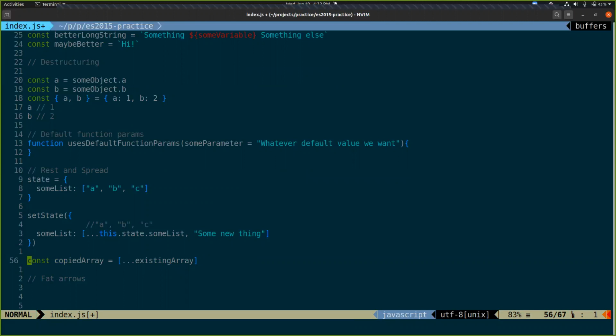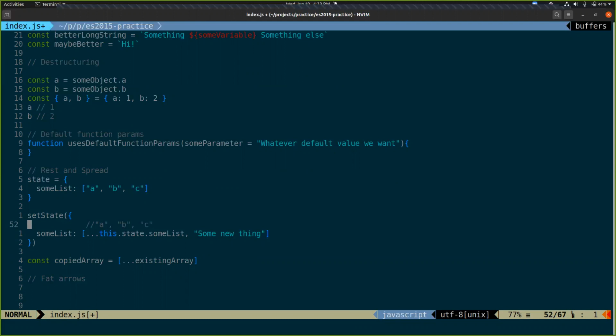But this keeps us from having to do things like pushing, like some of those kinds of things that actually change the original array, which plays real bad in things like React, where we don't want to handle any of the mutations or changing anything ourselves. We want to let React handle all that.